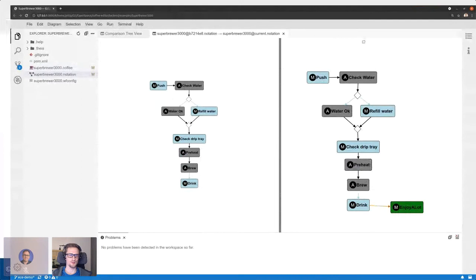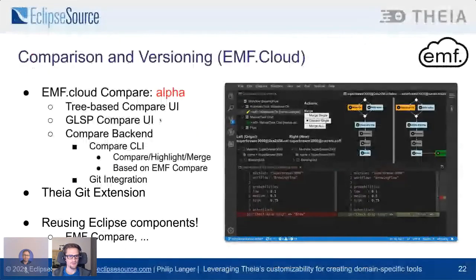So how is this provided by EMF Cloud Compare? Essentially, it uses in the backend EMF Compare, which is an existing Eclipse component for EMF models. And this will then run on a backend, which then can really do the heavy lifting in terms of model comparisons. What then has been done Theia specific is that we sort of add an endpoint in front of EMF Compare